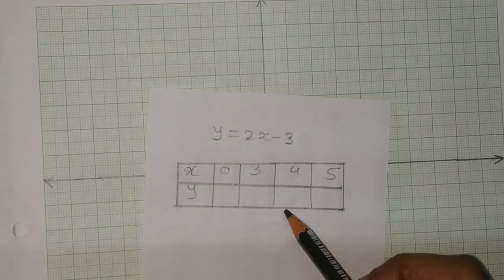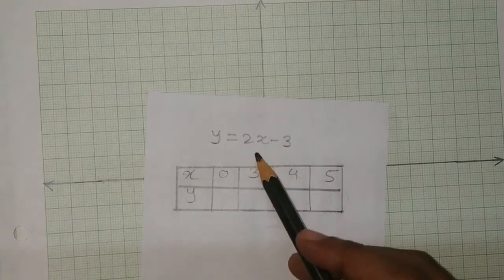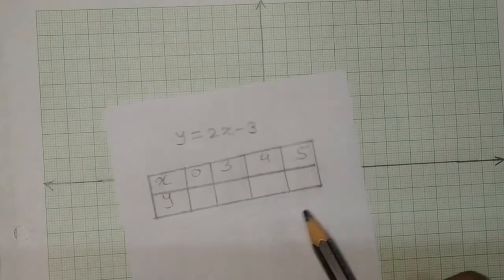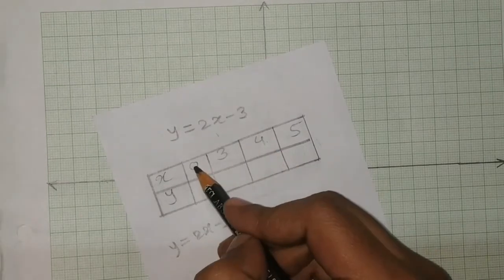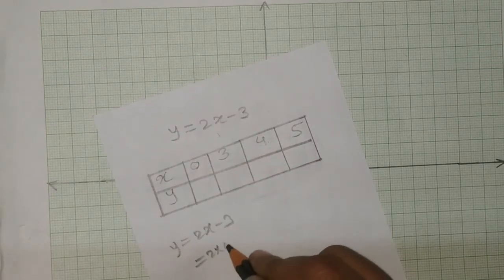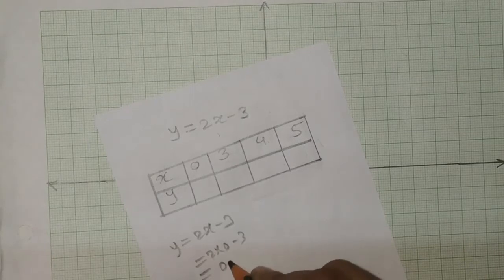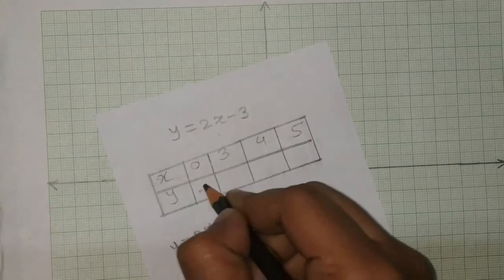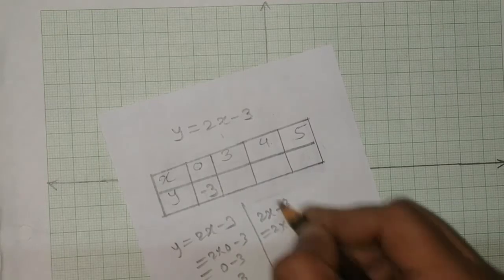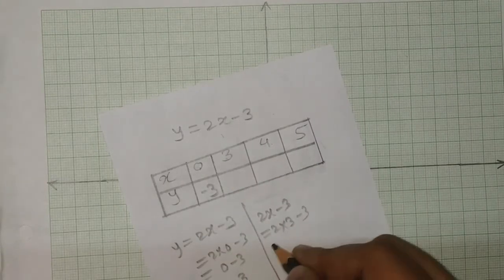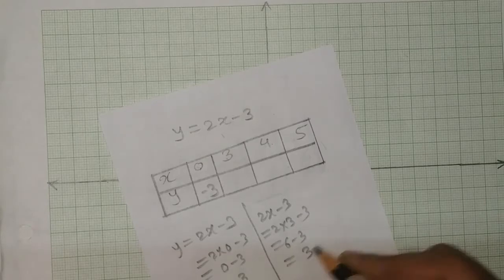Now children, we will draw one more graph. Here we have y is equal to 2x minus 3. So y is equal to 2x minus 3. Our first x is 0. So we'll put a 0 here. 2 zeros are 0, minus 3, minus 3. So the first value is minus 3. We'll solve for the second. 2 into, now 3 is there. So we'll get a 3 here.